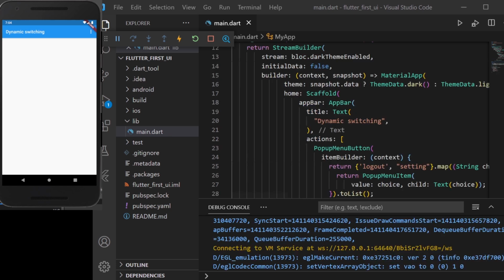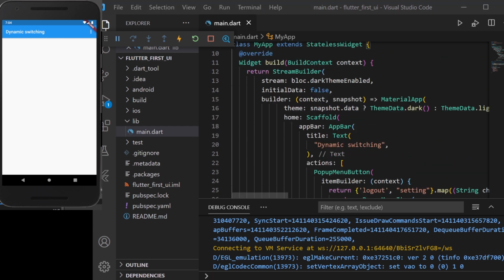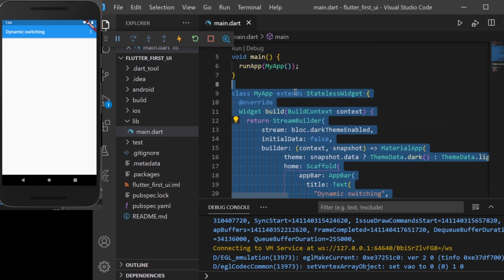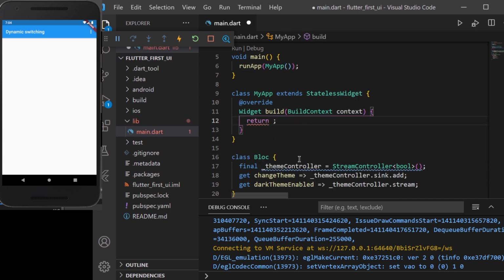Now we'll look at how we can work with tab bars inside our Flutter application. Firstly, I'll start by removing all the code which we had written for the stream builder, or for implementing the theme switching of our application. So I have removed that stream builder. Now inside this return statement, we'll return a material app, and inside this material app, as a home, we'll have a default tab controller. This default tab controller takes a count, or the length of the items which we want to display inside it. We want two items, so we have passed the length as 2.